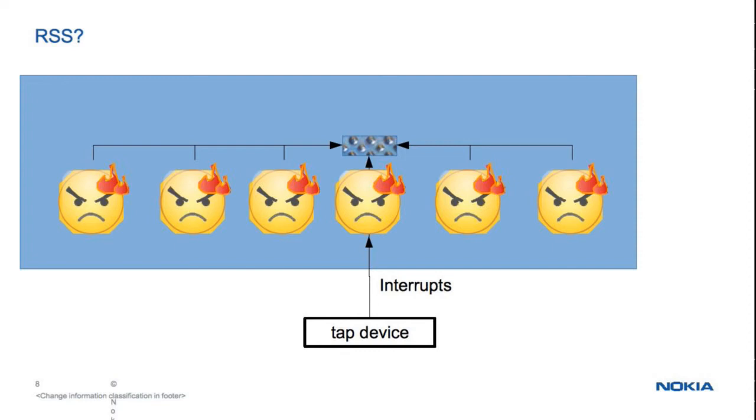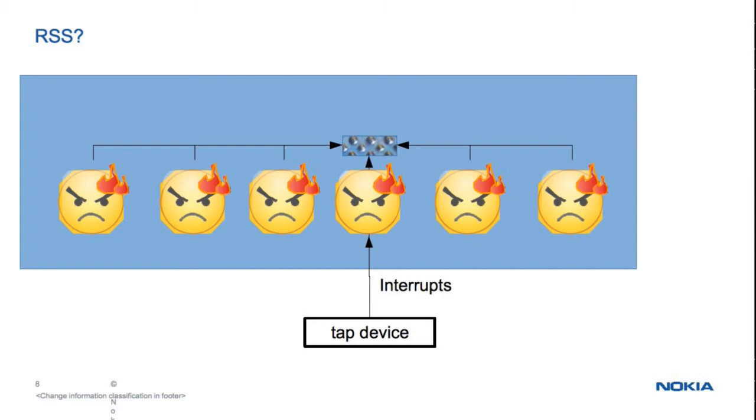When an interrupt comes in, the physical interrupt goes to a single core, but then the actual packet processing is distributed to all of the cores. Unfortunately, although RSS works very well on physical deployments and helps reduce the load on a single core, it doesn't work so well in the virtual machine,